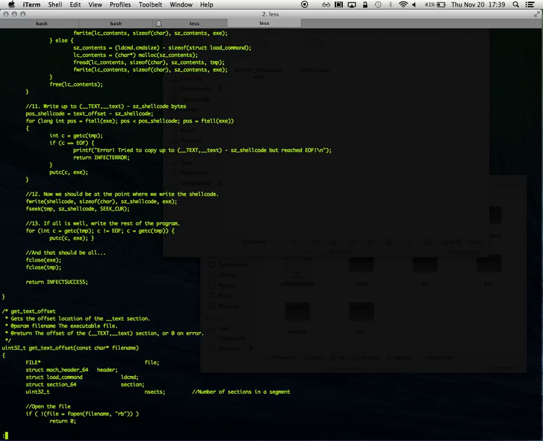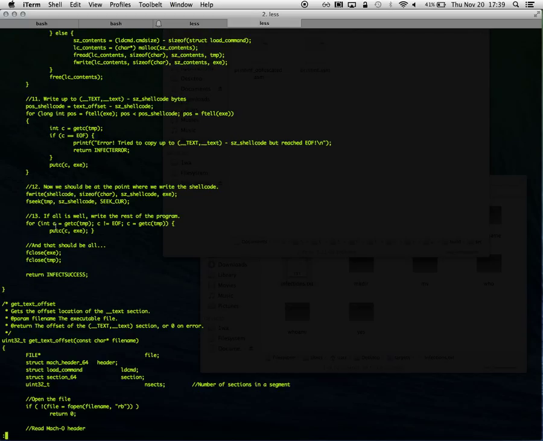Now we're at the point where we should be writing the shellcode, and that's what we do. We write the shellcode, which came from that assembly file. That was assembled using YASM. So I just took that code and wrote it to the top over here,